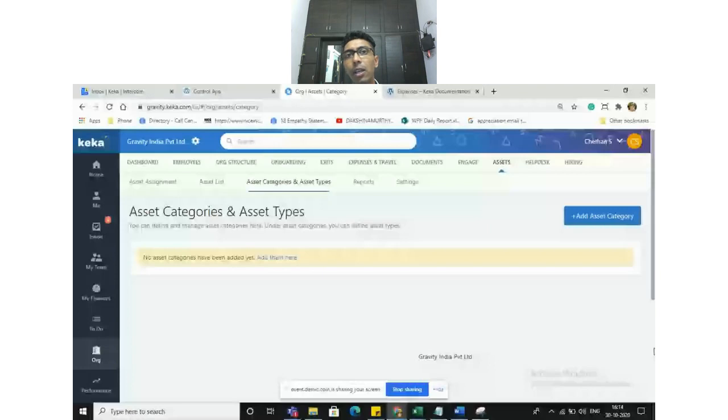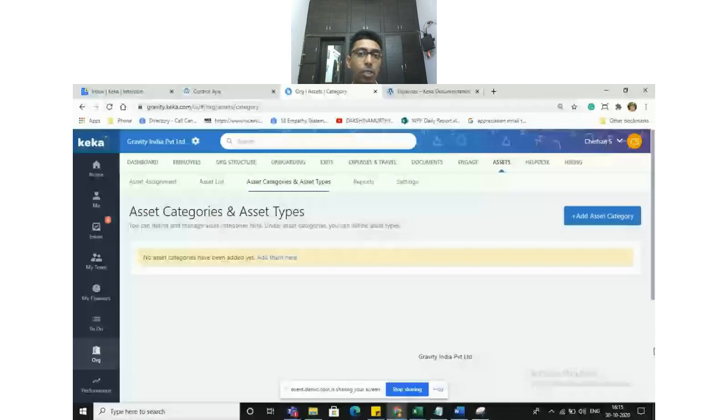Every organization would like to have their own categories to define what their assets are. If you ask my opinion, I'd say there are electronics. Electronics are a category under which there are various types of electronics. I'll say furniture. Furniture is a category, and under furniture there are various types of assets.